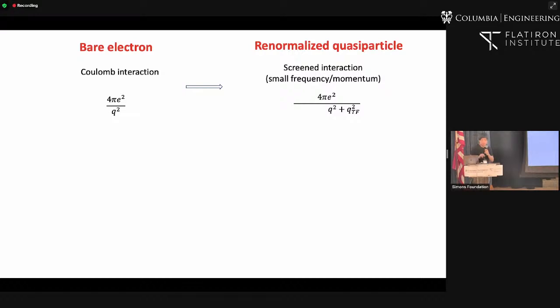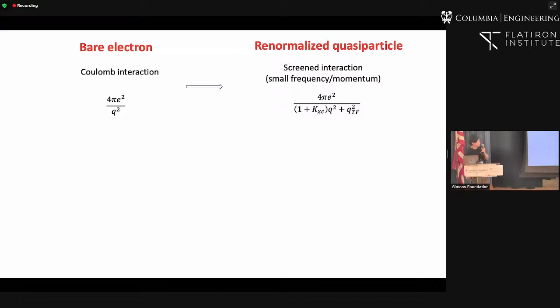and then secondly, the interaction between the electrons, namely the Coulomb interaction, will be renormalized to a screened Coulomb interaction. And the screening here actually has a twofold meaning. Firstly, the inverse square law of the Coulomb interaction will be regularized by an emergent length scale, basically known as the Thomas-Fermi screening length, that's q_TF here. And then, in addition to that, the many-body effect will generate an additional prefactor to the q squared term in the